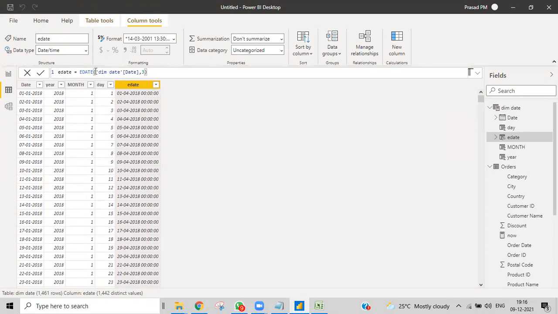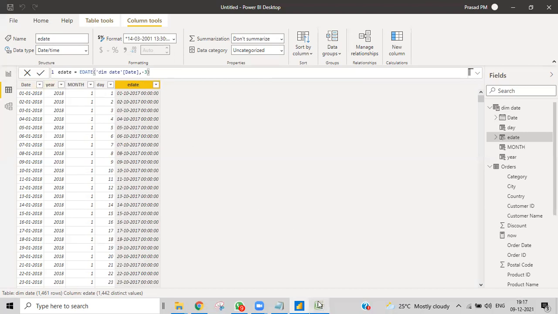You can even go to a previous date also. It will take you to the previous month. 3 months previous for the first month of 2018 is obviously October of 2017. This is how it gives it. You can do plus or minus and go to that particular date. The day will be the same and the month will be changed. This is how it works.